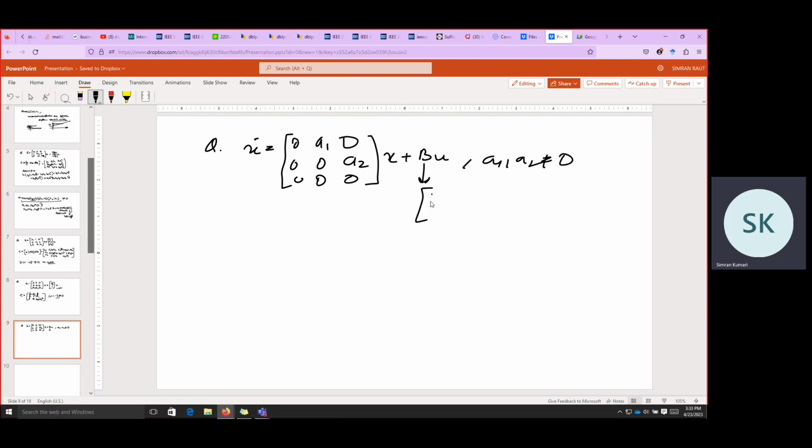So B can be any matrix B1, B2, B3, which are unknown. So we have to find what should be the number of non-zero elements